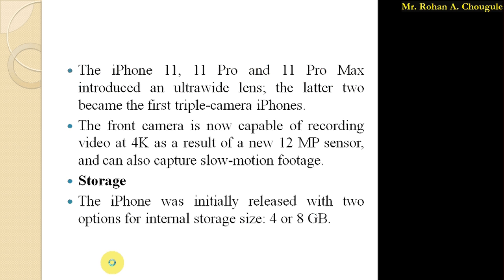Initially they had one or two cameras. I think the iPhone 7 Plus has two cameras, and now the iPhone 11 Pro Max has a triple camera. So these are the first iPhones with the triple camera. Again, from iPhone 4s or iPhone 5s they have the front camera also. As the variant changes, the technology in the front camera also changes. Nowadays we have the front camera with 4K recording.